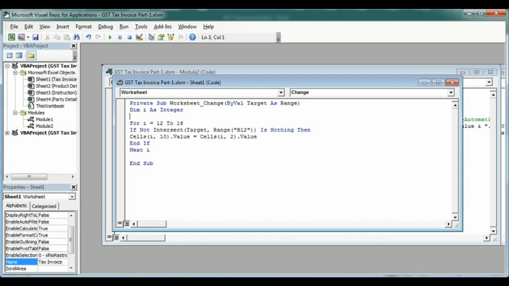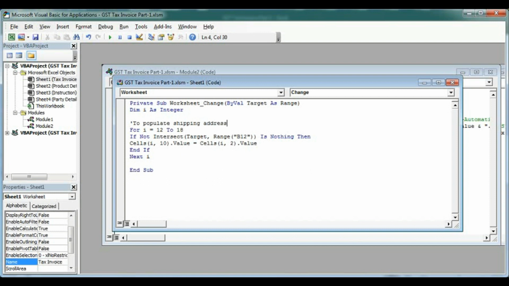This part is for fetching to populate the shipping address, and now we'll calculate the discount amount.